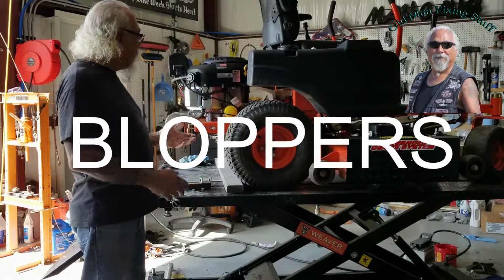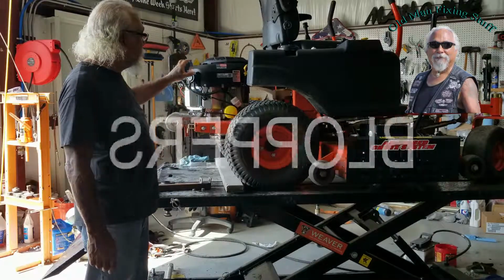Alright, so I'm going to go over the things that I did to swap out this engine. The old engine was